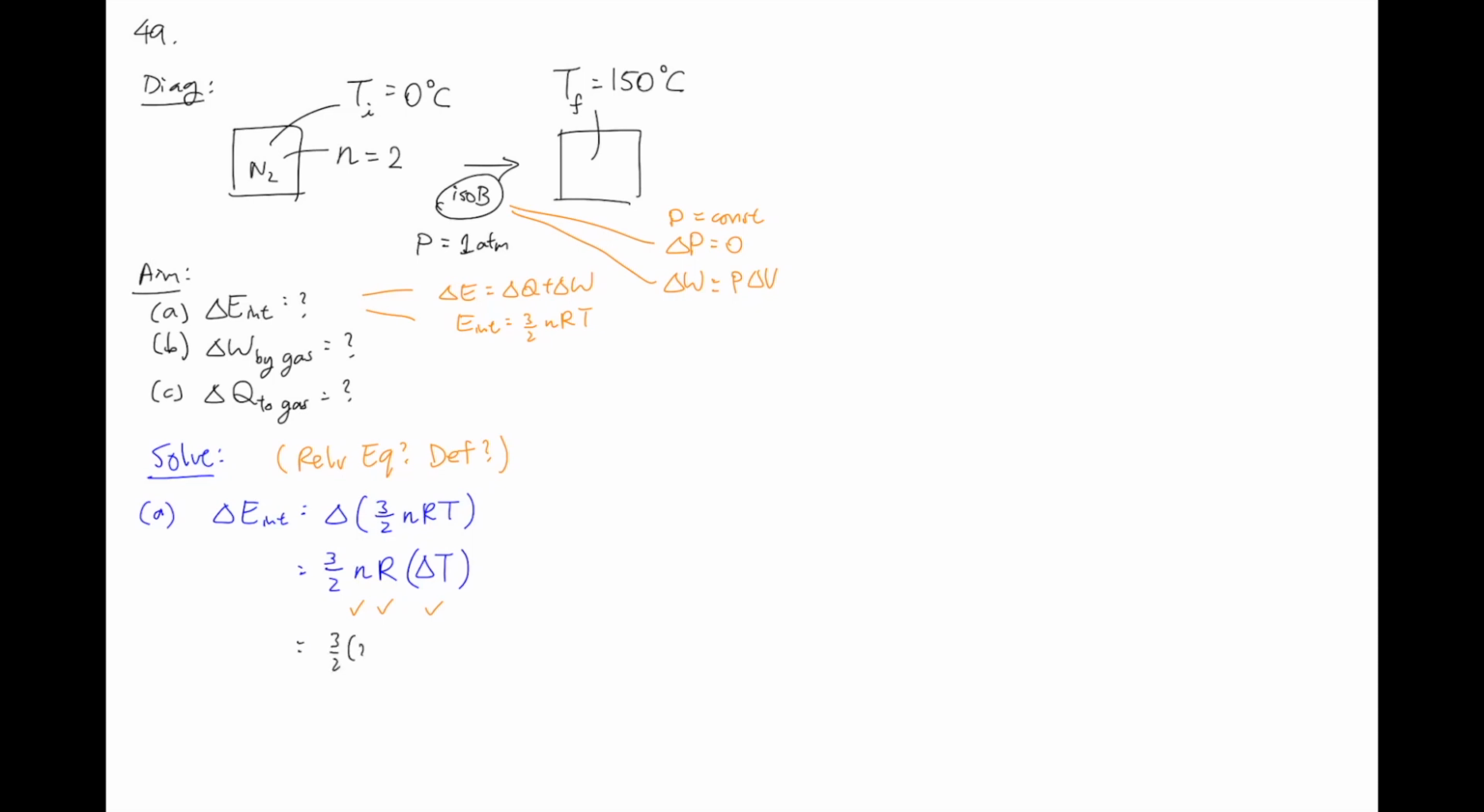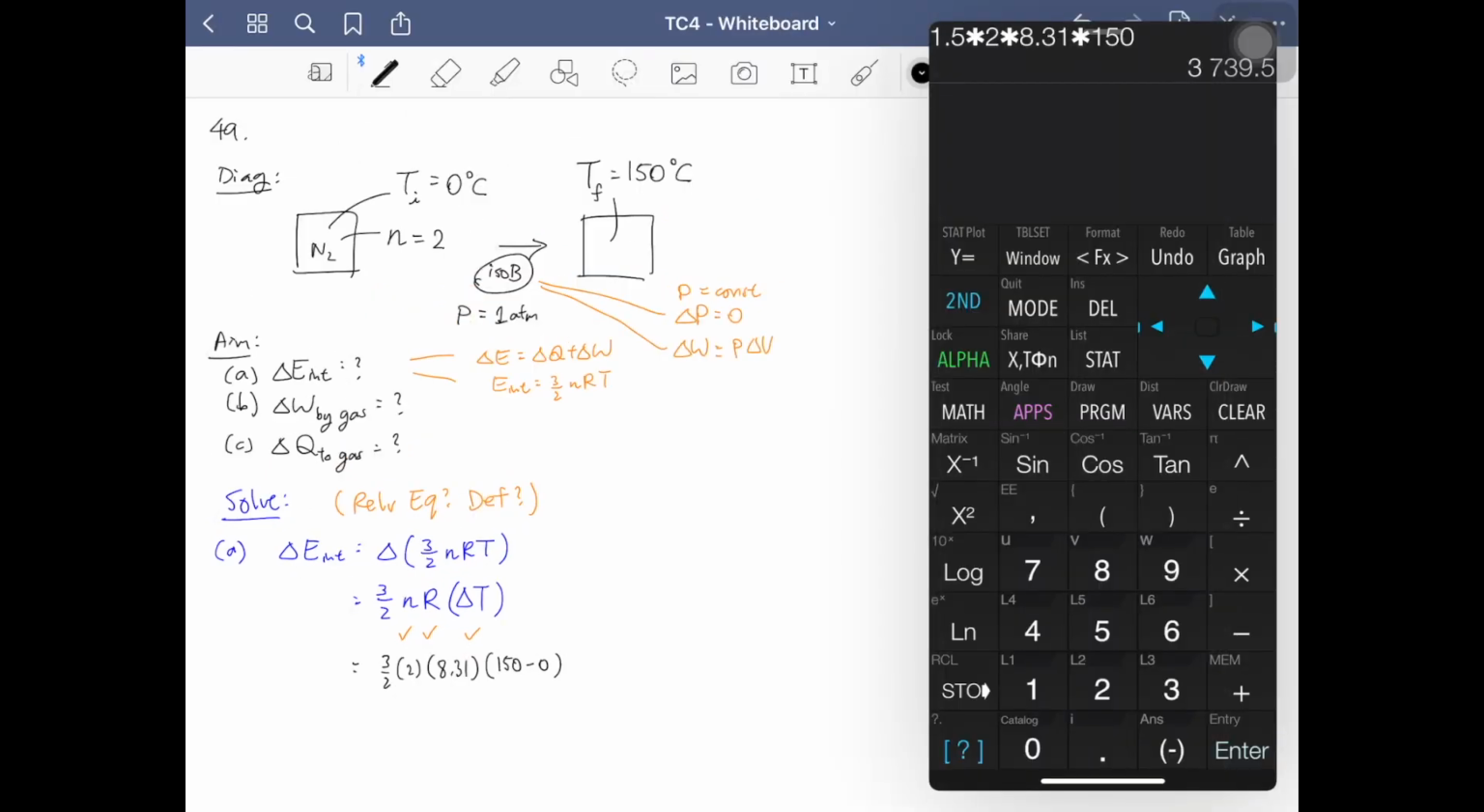That's 3/2, and R is 8.31 in SI base units. Change in temperature, technically everything should go in SI base units into my formulas, which is Kelvin. However, the difference in Celsius and the difference in Kelvin is the same. So I can just put in 150 minus 0. Right? So all that's left is to plug in the calculator, which I'll do very quickly here. And that gives me